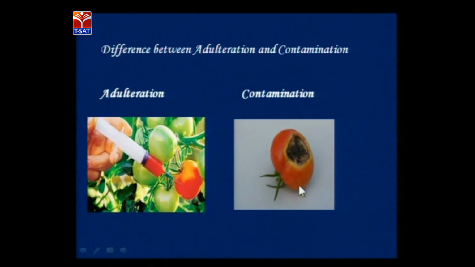Here, this is a contaminated tomato. This tomato was contaminated by microorganisms or birds or rodents, etc. This is a natural process. And now see this picture. Here, this is an adulterated tomato. This tomato was adulterated by human beings manually. So, adulteration is a manual process. Friends, adulteration is a manual process and contamination is a natural process. So, adulteration is totally different from contamination. Then, you may get a clear clarity regarding adulteration and contamination.